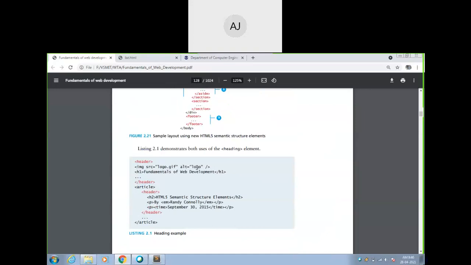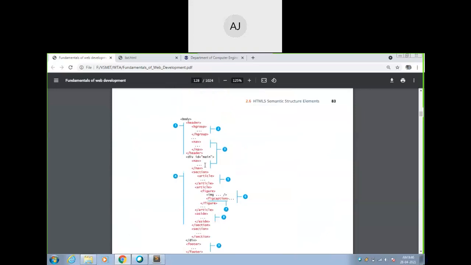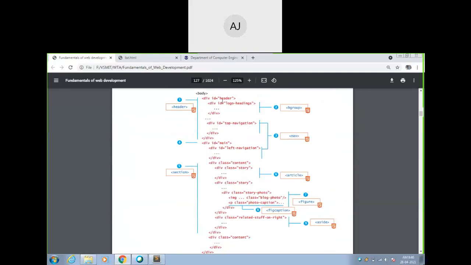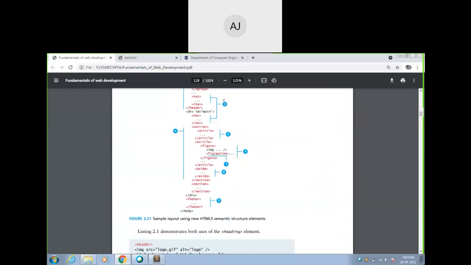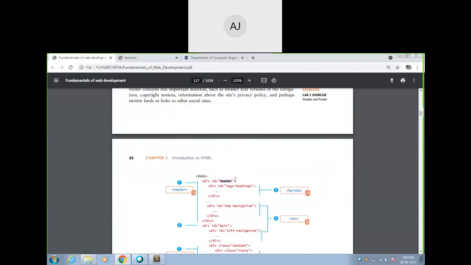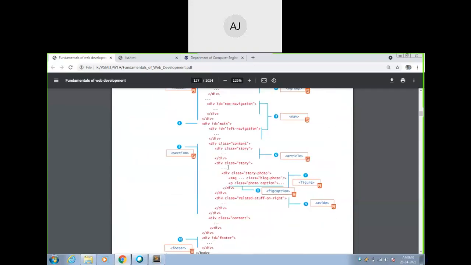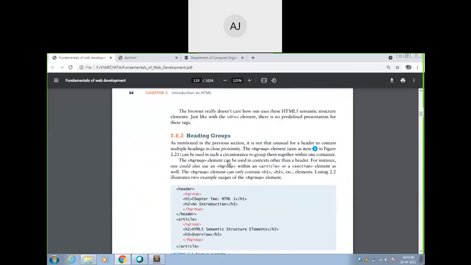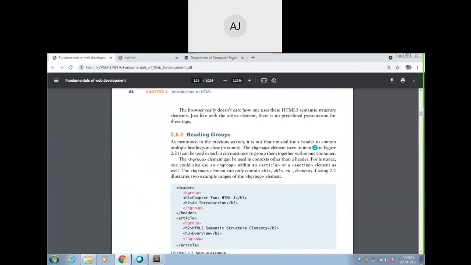You can just include that header by using this example, that is div id equal to header. Now what is this header? I have written the code for this header, and that will be the name of this particular header. That's it. So we will see. Once you get the selector concept, it is easier to use. That means you are creating your own tags and elements, and you are including them in the program. Is it okay? So that is the idea here.